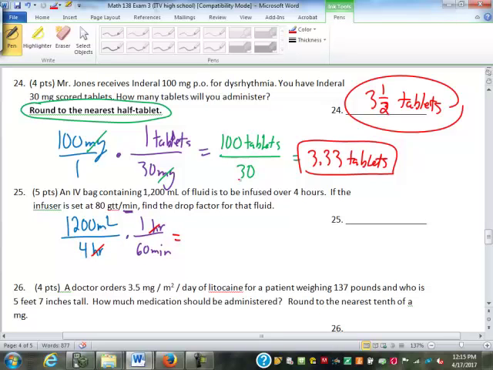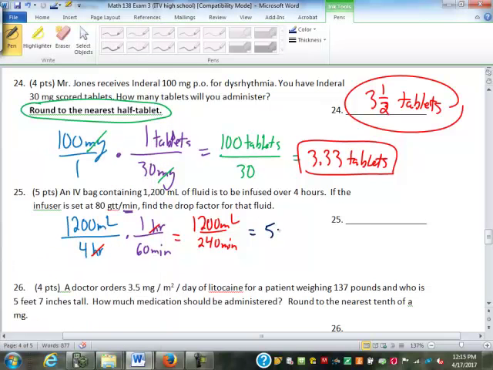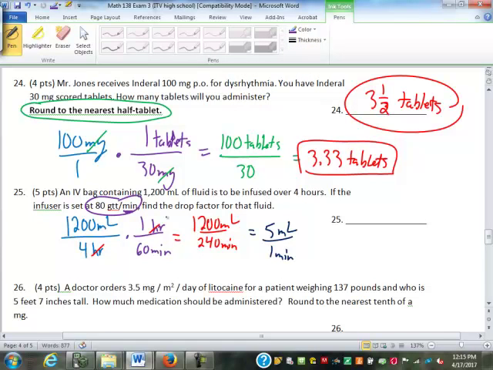This is going to give me a flow rate in milliliters per minute. So I have 1,200 milliliters times 1 is 1,200. 4 times 60 minutes is 240 minutes. If I divide that out, 1,200 divided by 240 should be 5 milliliters per minute. So I've got 5 milliliters per 1 minute. Now I do have the 80 drops per minute there as my setting. So I'm going to convert my 80 drops per minute,